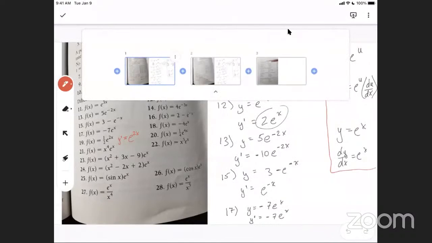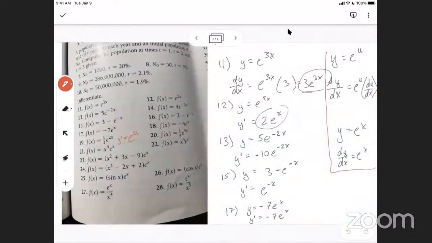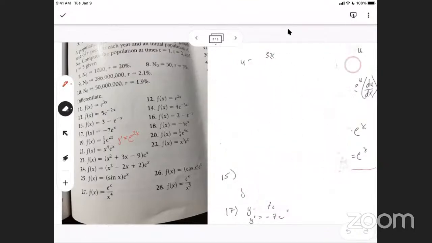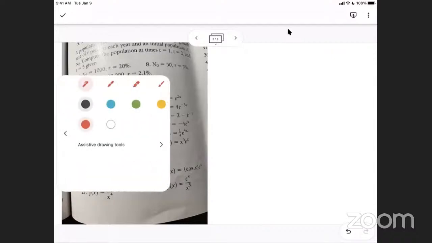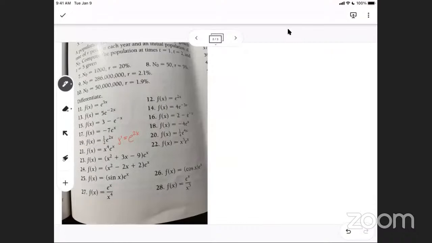I'm going to duplicate this. Let's go to page 2, because I'm running out of room over here, and these other ones are a little bit more complicated. So how much derivative stuff have you done so far? This is kind of like the start. Oh, okay. So have you talked about the power rule? I've heard of it, but we didn't talk about it yet. So you don't know how to take the derivative of a polynomial? No, not yet. Okay. So that's pretty important.